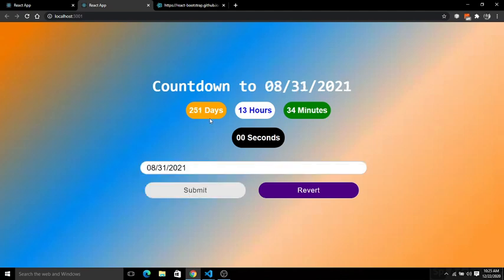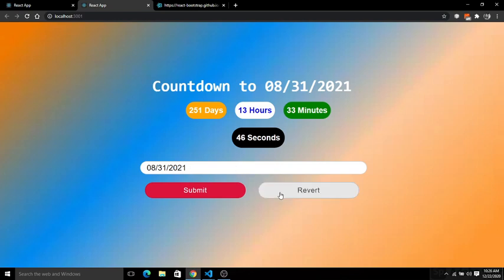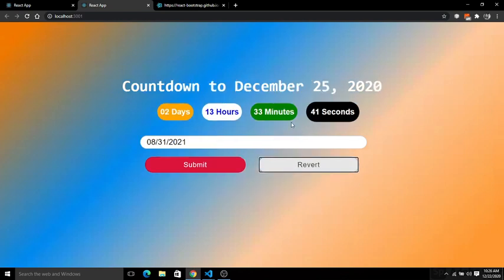Now you can see my birthday is 251 days 13 hours and 33 minutes from now in 2021. On clicking revert you will get back to this, you can see 25 2020.